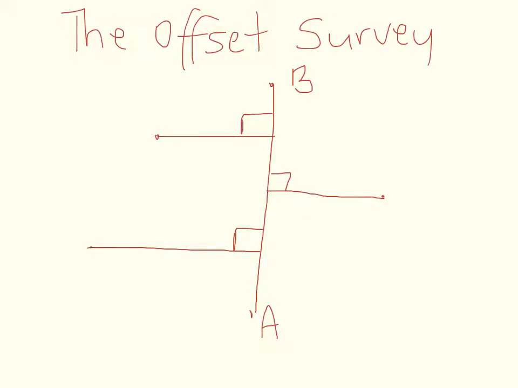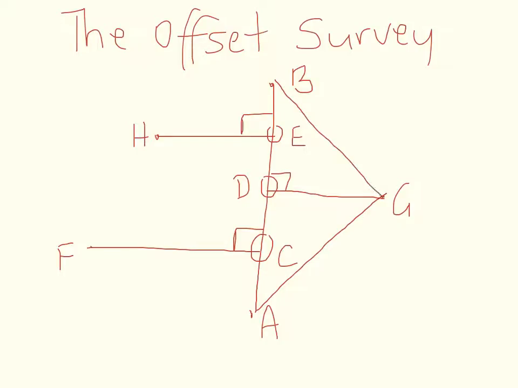With a measuring tape, you would then go out and measure. It's important to make sure that these angles are right angles. This point will be C, this one D, this one E. And then, starting at the first one out, F, G, H. Labelling is extremely important. From here, we can then calculate the areas of each of the triangles that are formed,